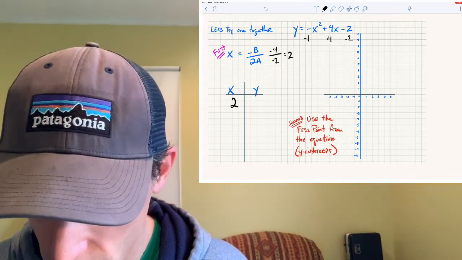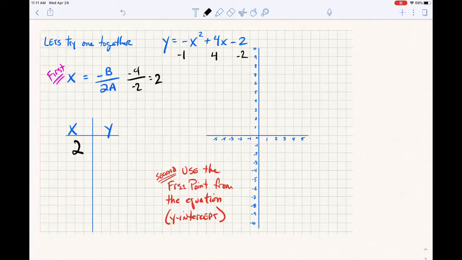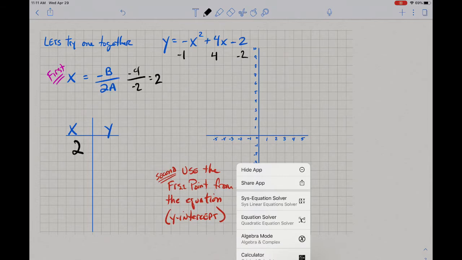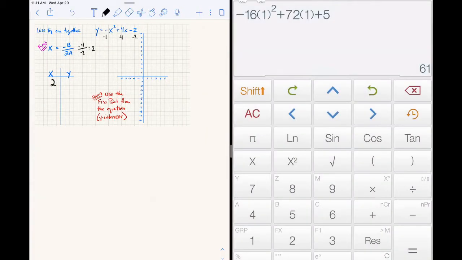I am going to use one of my calculator tools here. Let's see if I can move that over here. So -x², I love this thing. So I'm going to go ahead and put -x, which we're calling 2 for now, squared, plus 4x. And the nice thing is, once I type this in, I'm going to be able to reuse it again, and -2. So I get a 2 out of there, so boom. So my vertex is 2, 2,